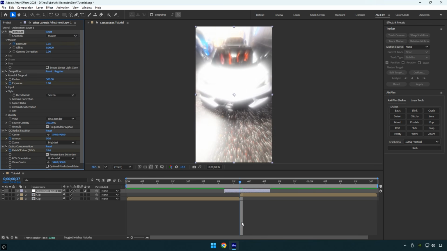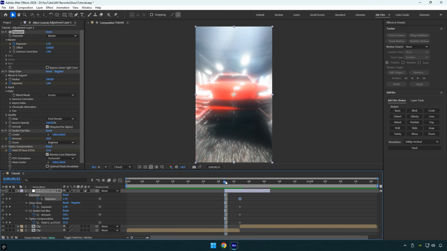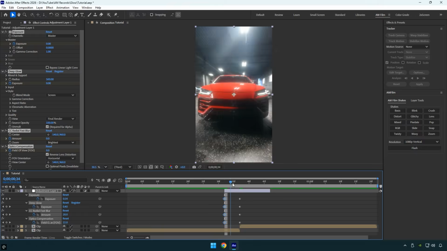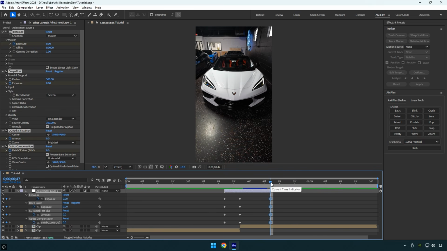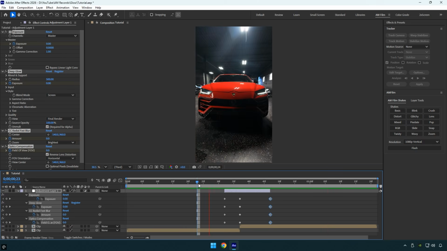Now press U on your keyboard to reveal all of the keyframes you just created. Move your playhead to the beginning of the adjustment layer and change all of the values to 0. Next copy those 0 value keyframes and paste them at the very end of the layer. Let's preview the result. It looks good, but we can make it even better by smoothing out the transition in